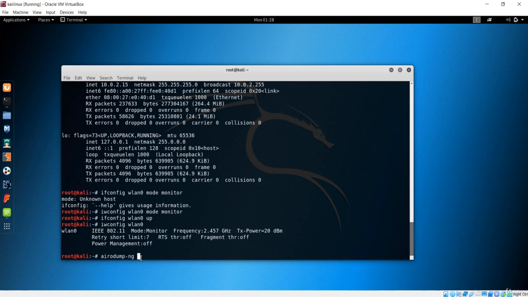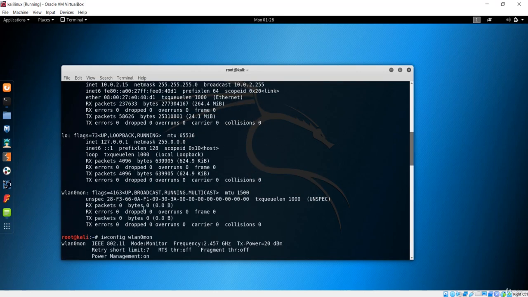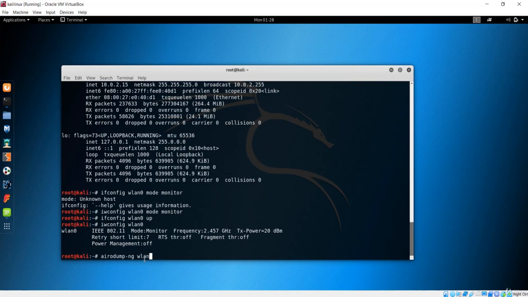So if you change the mode from managed mode to monitor mode using the airmon-ng method, you have to type WLAN0mon, because that will be the interface. But in this case we didn't change the name while changing from managed to monitor. We just kept the same name. That means if you want to use airodump-ng in this example, you have to put only WLAN0, not mon. But if you use the method that we did in the previous lecture using airmon-ng, you have to pass WLAN0mon.